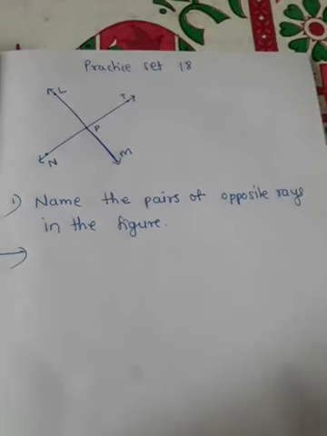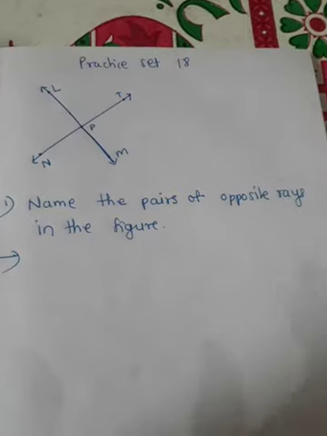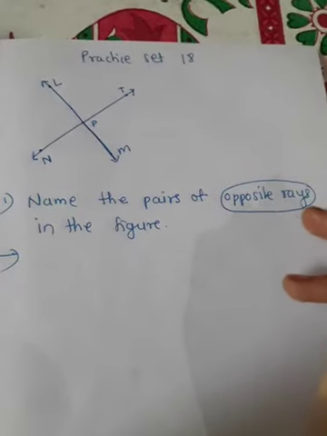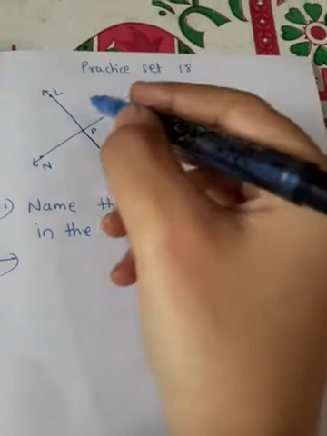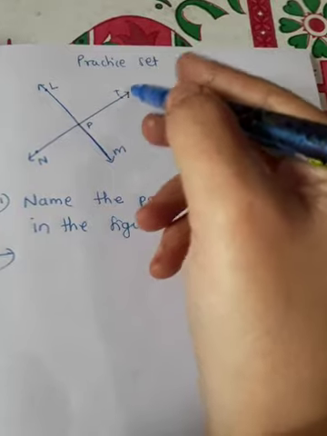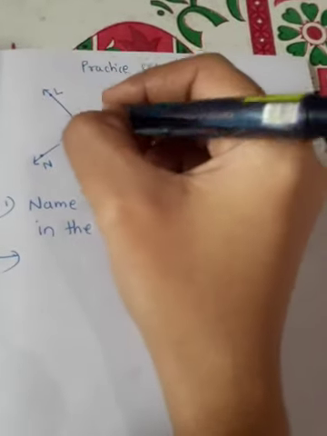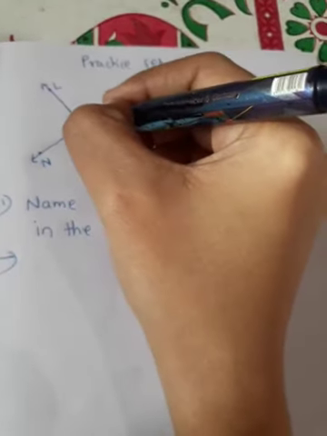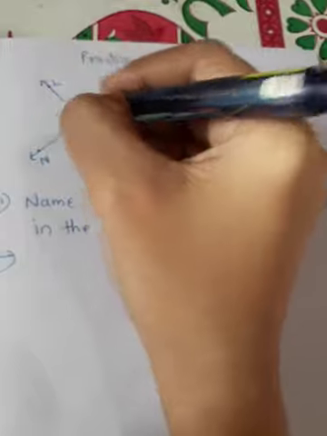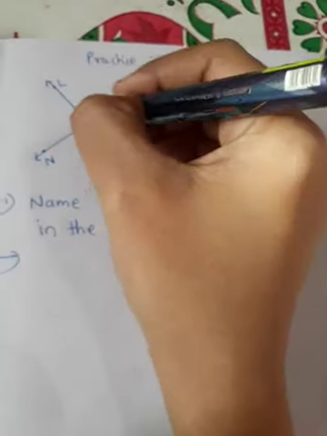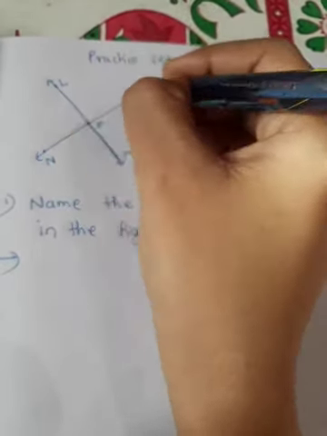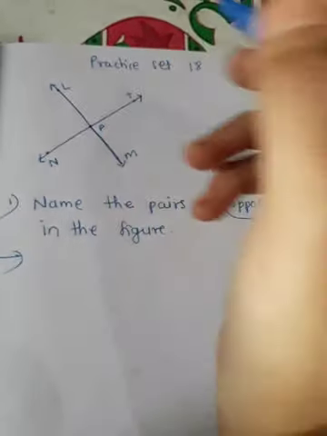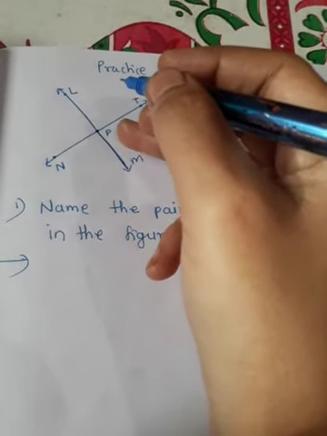Now you have understood the definition of opposite rays. Two rays are opposite if they satisfy the three conditions. Now find the pairs from this figure which satisfy the three conditions. If we take the pair PL and PT, these two rays do not form a straight line, and they are not in opposite directions, therefore PL and PT are not opposite rays.